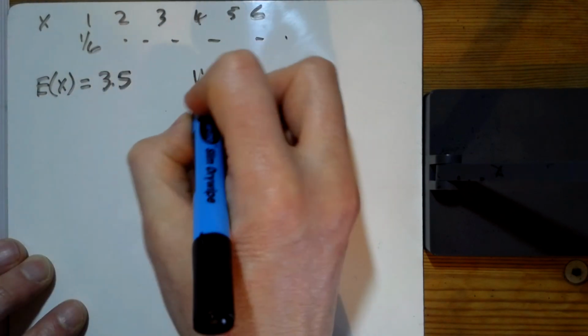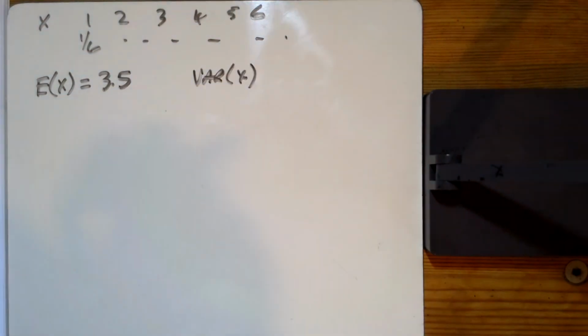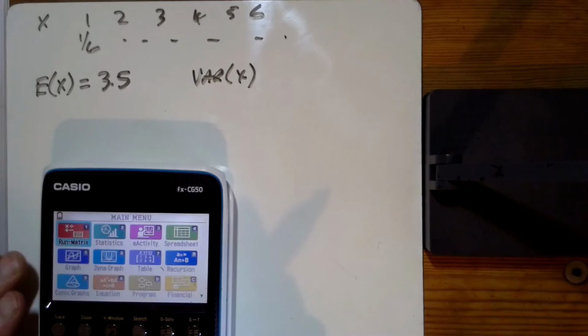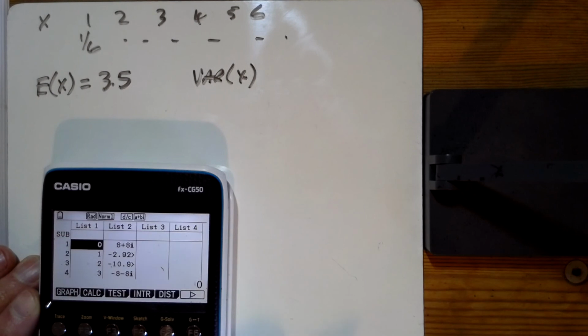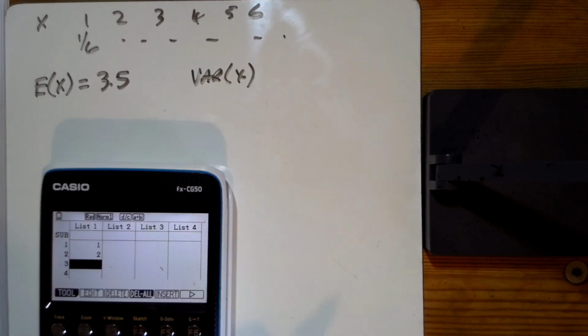Now the variance, I can't remember what the variance was, and so I could just go through and do all of that, but should we just do it on the calculator quickly, seeing as we've got a nice calculator that does it. Let's clear everything that's there already. And we've got 1, 2, 3, 4, 5, 6, and the probabilities of each of them is 1/6, 1/6, 1/6,